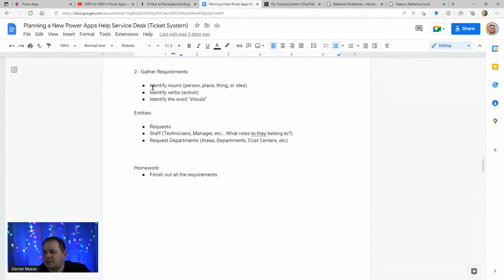Gathering requirements. So we talked about gathering. We're going to identify nouns, which is a person, place, thing, or idea that the application needs to manage. Okay. So if you get a potential customer to talk about,